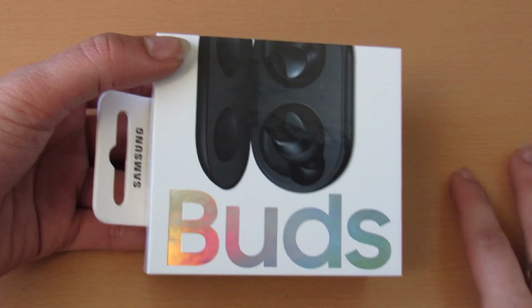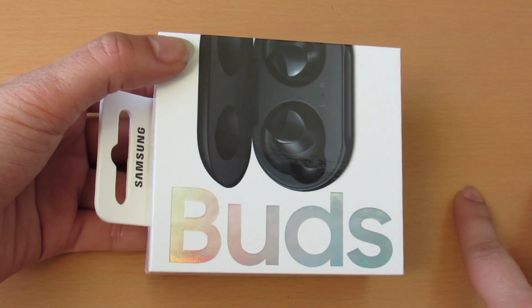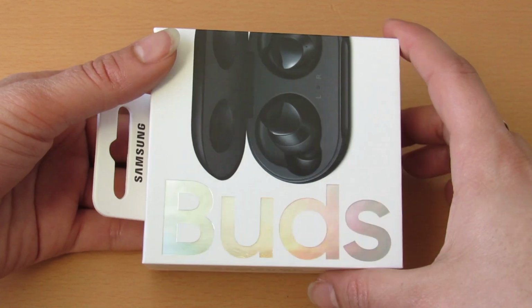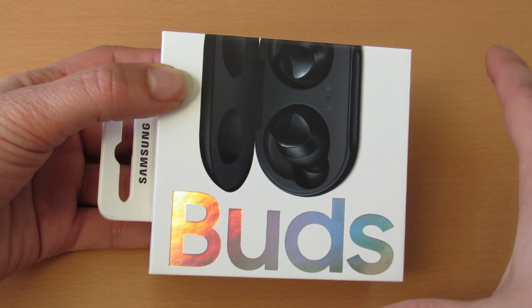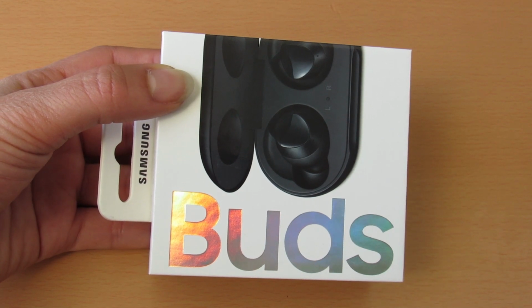I finally got my order of the Samsung Galaxy Buds. I'm crazy excited for this. I've been waiting for a long time. So these buds are a direct competitor to Apple's AirPods. These are actually $129.99 where Apple's AirPods are about $169.99, unless the price has dropped recently since they dropped the